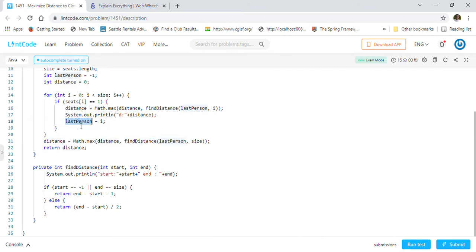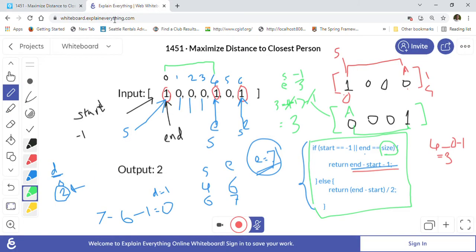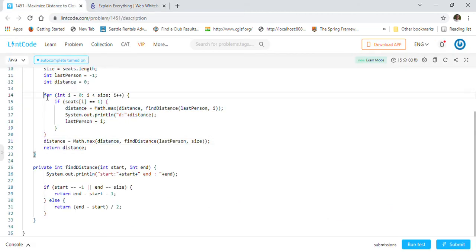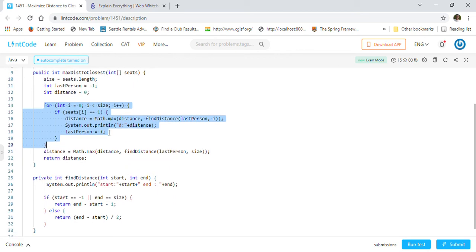And then the last person, basically start, we will keep updating, right? As i goes forward we will update start here. And start we are only updating, right, when we are finding any occupied chair, meaning someone is sitting there, then only we will modify the start, right? As I said here, whenever let's say end is here, then whenever end moves forward, start will come here basically. So that is what we are doing in the code. We will keep looping through the whole seats array, looking for any occupied seat, and we will keep calculating the maximum distance, right?